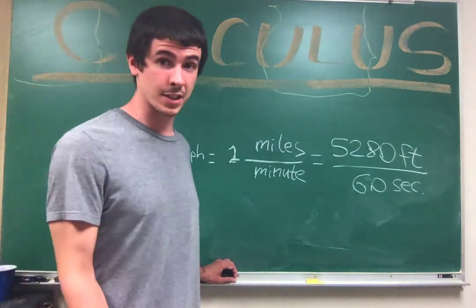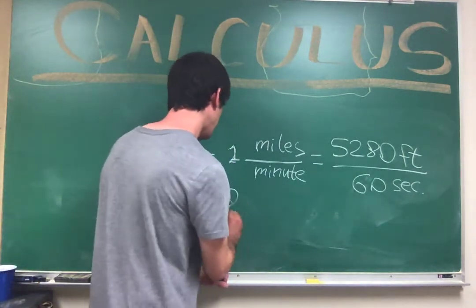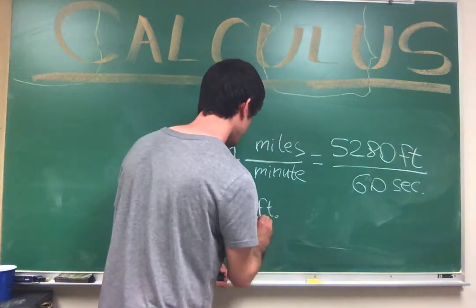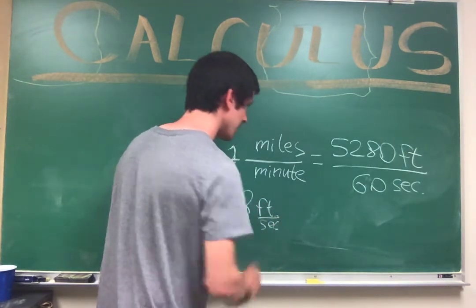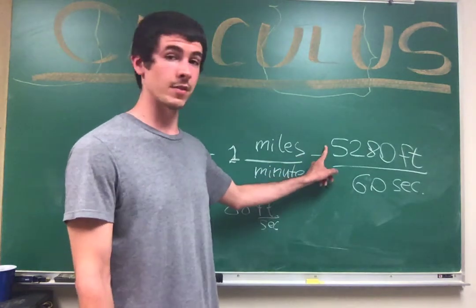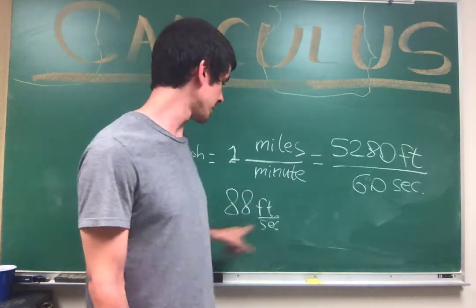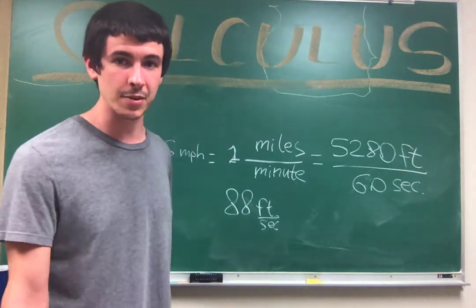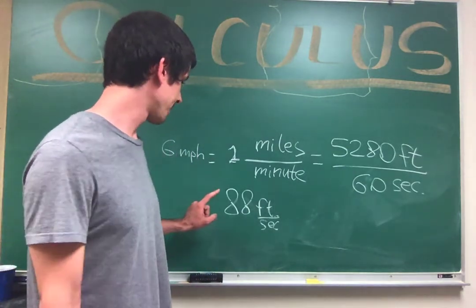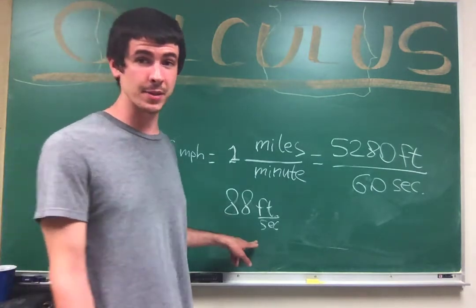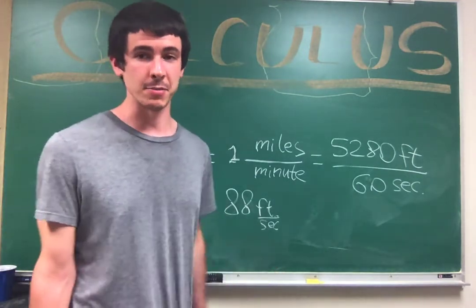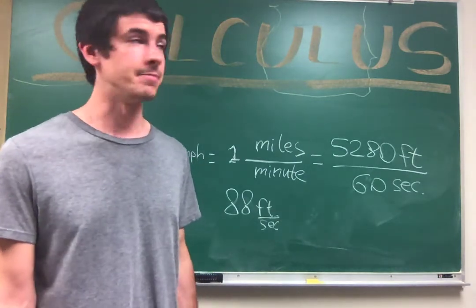And if you divide those things through, you get 88 feet per second. That's just 5,280 divided by 60 is 88, if I did that division correctly, and I scribbled it down earlier, I'm pretty sure I did. But so now that's good. Now you only need to see how many feet you have gone in 1 second. So you're already getting a good measurement of what should be on your speedometer.